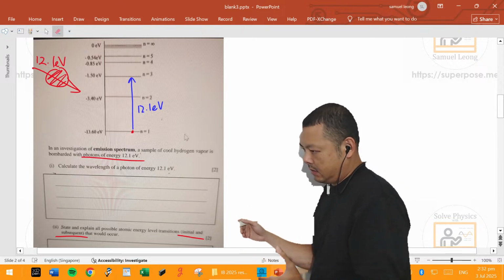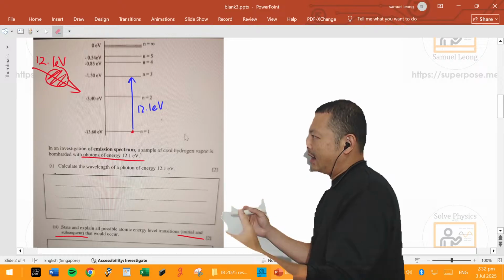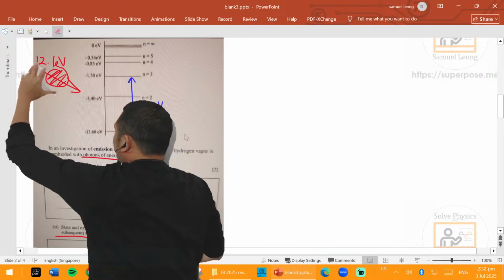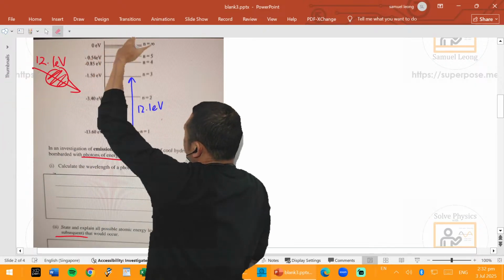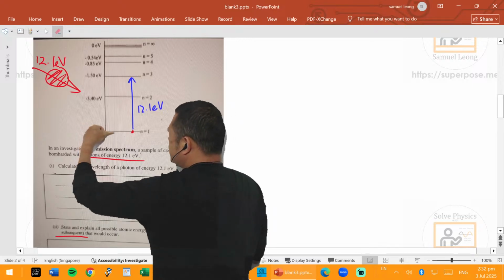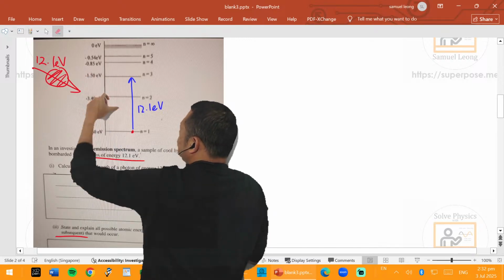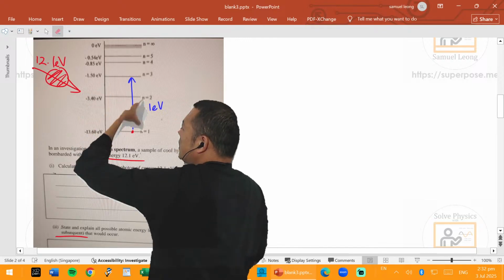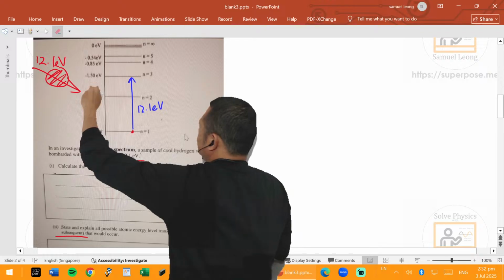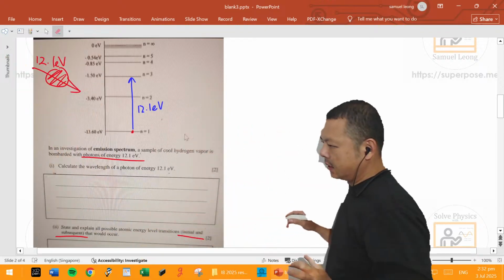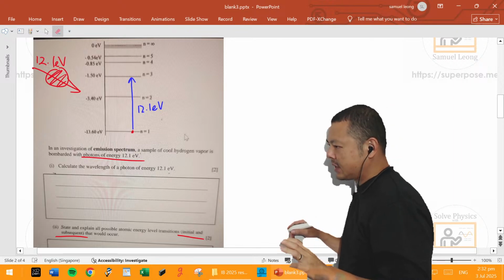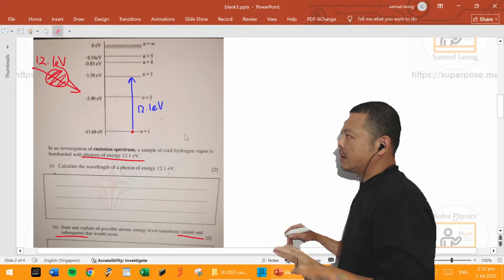White light. We used to use white light because white light contains all the photons, right? It contains all the photons, and then the electron will only absorb some of them, because there are only some specific transitions that they can absorb. So when you shine white light, the electron can only absorb some of the specific photons. You get what I'm saying? It won't just absorb anything that it feels like it wants to absorb. Okay, it's got to be specific, right?